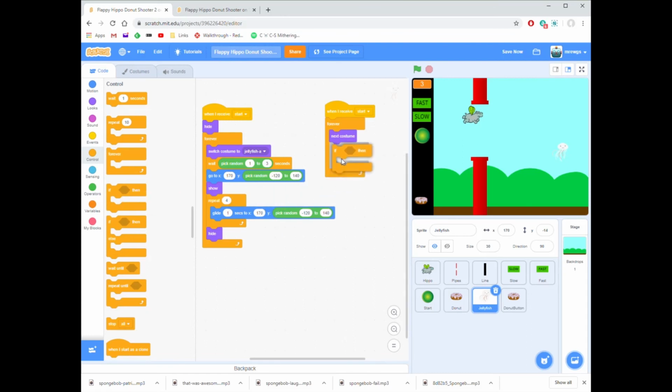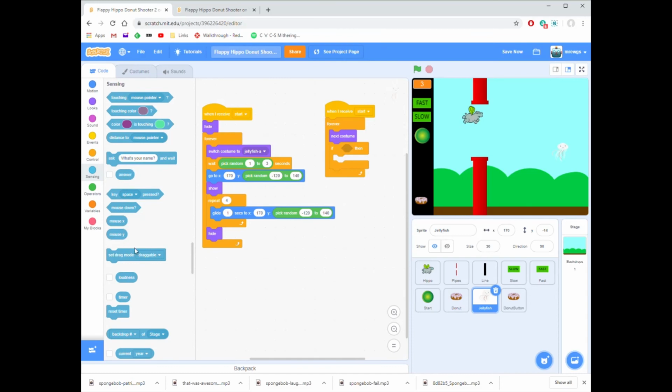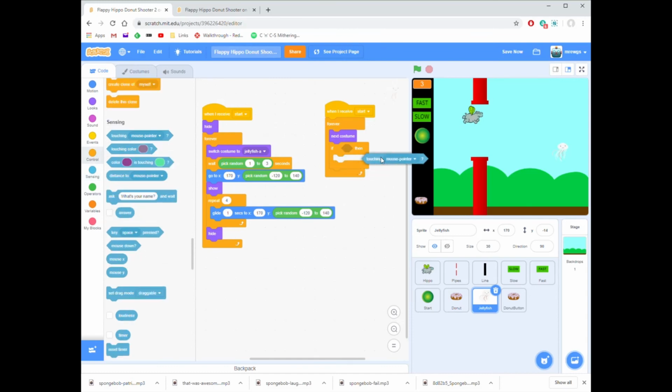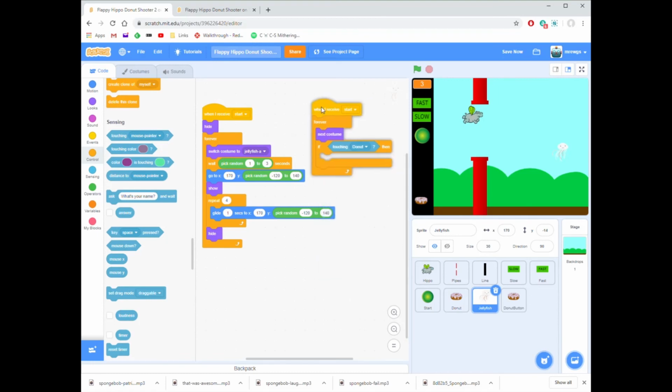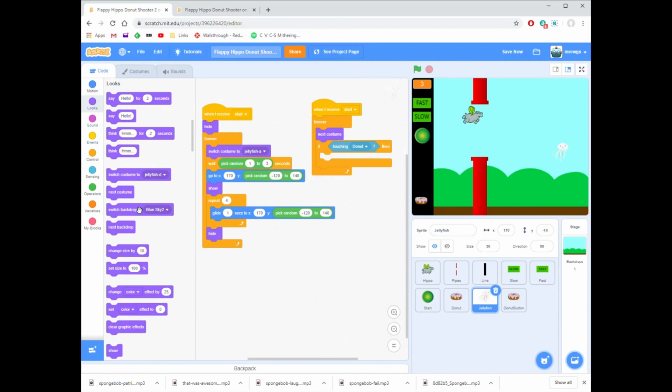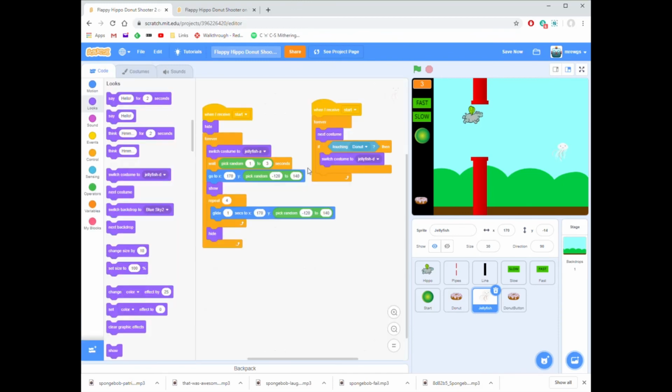and next I want it to handle being hit by the donut. So I'm going to say if the jellyfish is touching the donut, then I want to switch the costume to jellyfish. I want to switch it to this red one, so I want to switch the costume to jellyfish C,